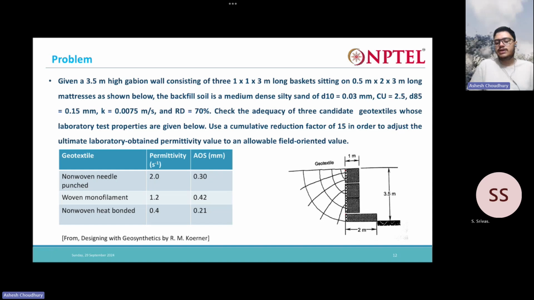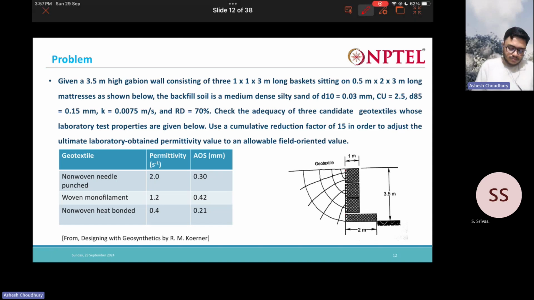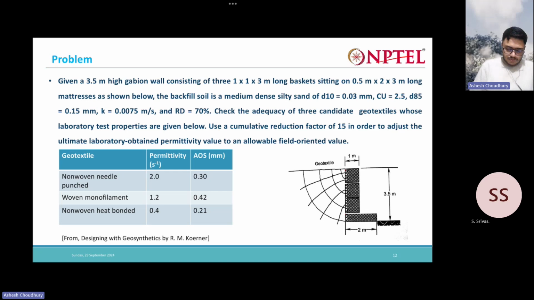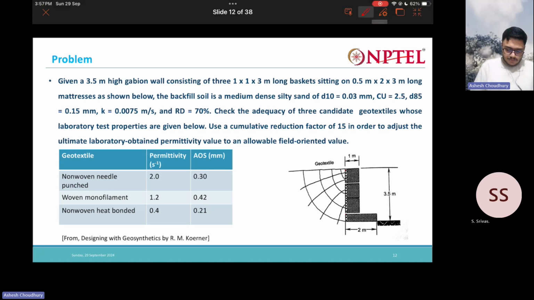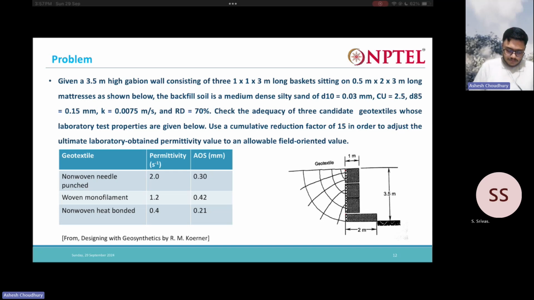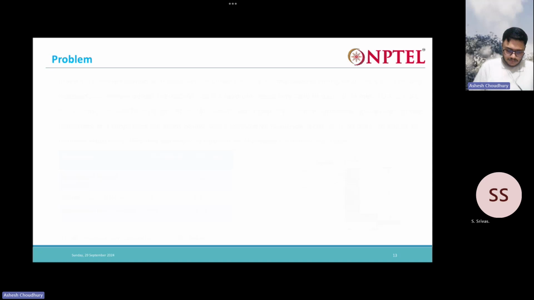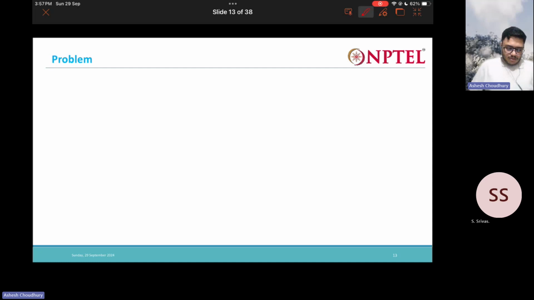Transmissivity in case of drainage problems and permittivity in case of filter problems. Let us see how to do it. First we have